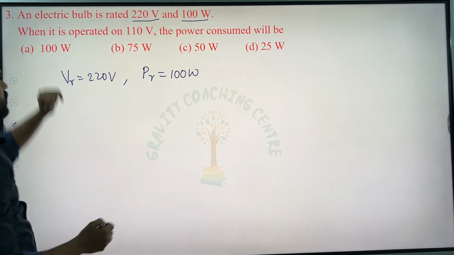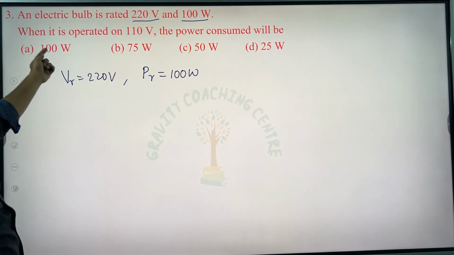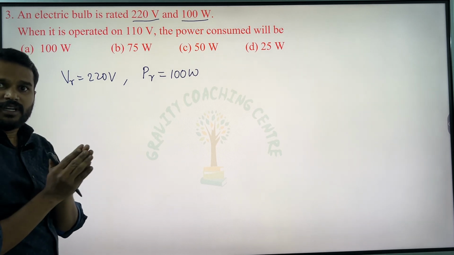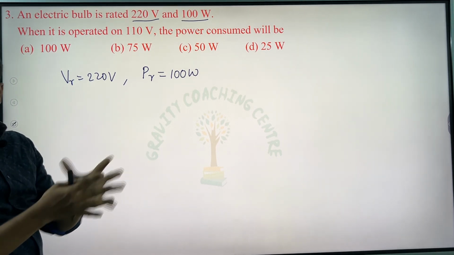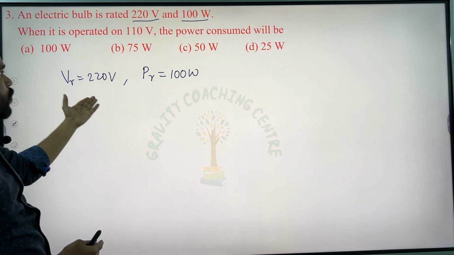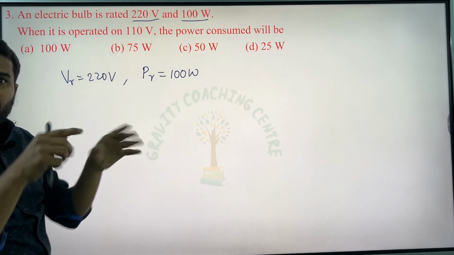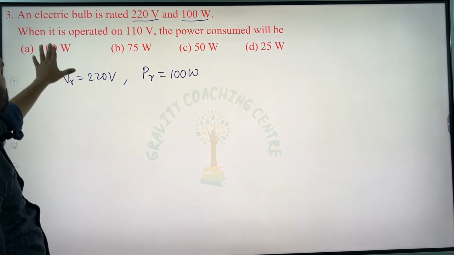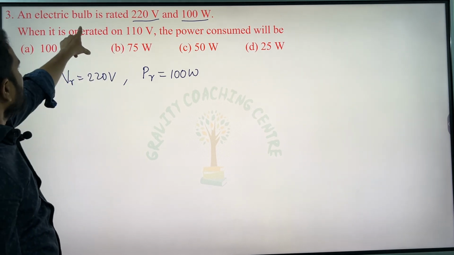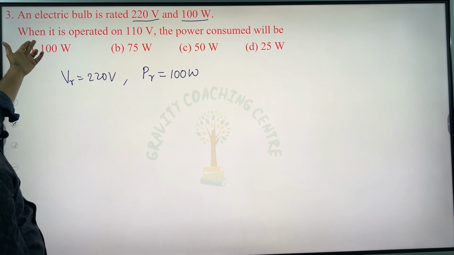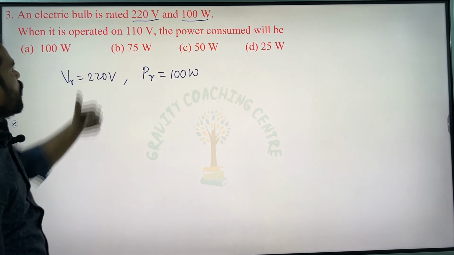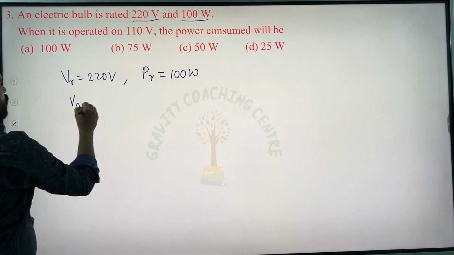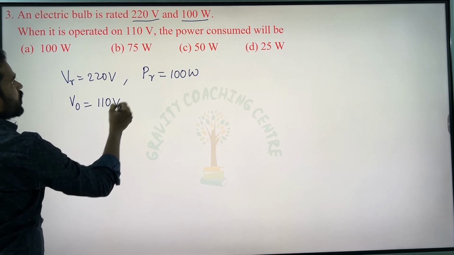Next question. This is the third question. So, you see here, when I buy any bulb or any electrical appliance, there will be this rated voltage and rated power. It will be written on the box. So, that is what is given here. And the same bulb is used for operating at 110 volt. So, operating voltage how much? 110 volt, and the power